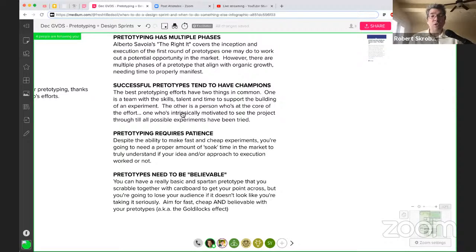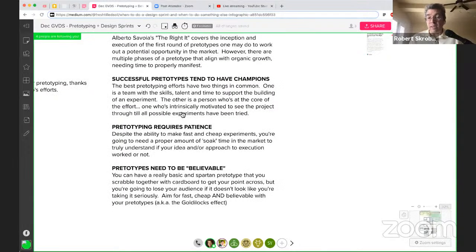So prototyping isn't just something where you build something out of cardboard and see what people react to, as opposed to the core idea. You need a certain time in the market to really get the right data to see whether or not it's going to be relevant. And to that effect, these experiments you create have to be believable. You can be fast and cheap, but there's a certain Goldilocks effect, like in design sprints,